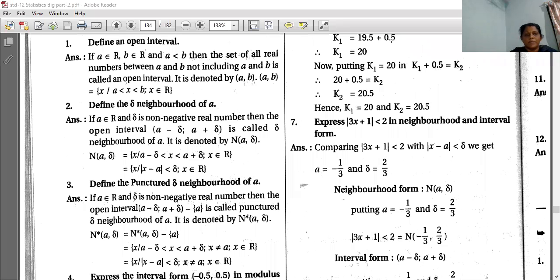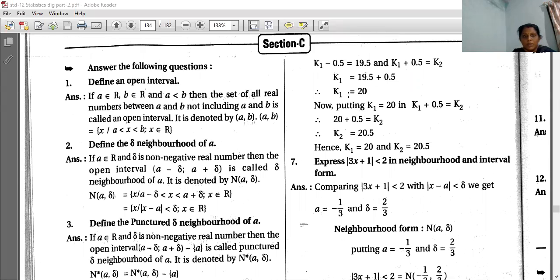Good morning, students. In the last video, we saw exercise 4, and we have done a few sections, that is, sections A, B, and C. So we have done till section B. We have completed section B, right? So today we will be doing section C. First we will see the theory.